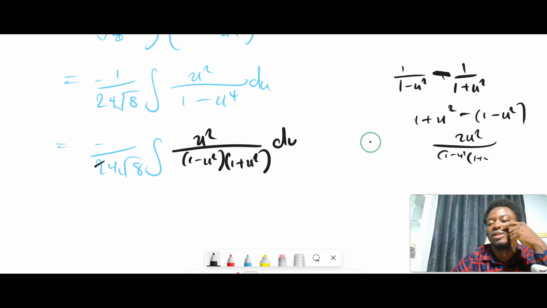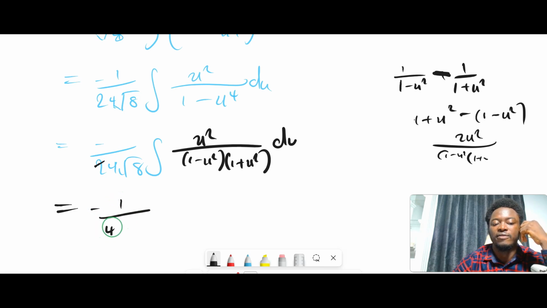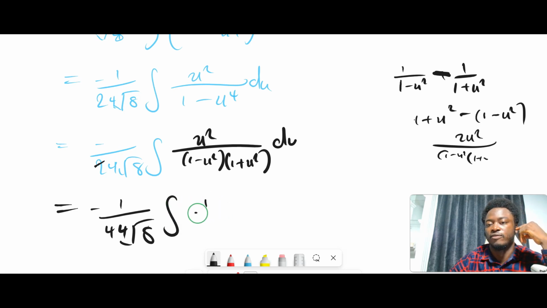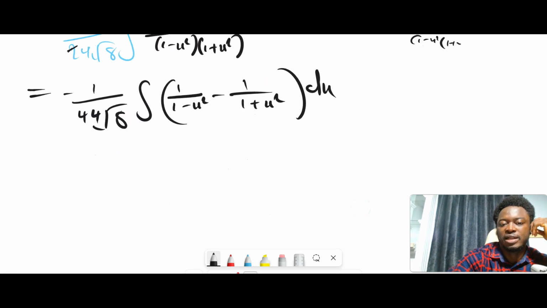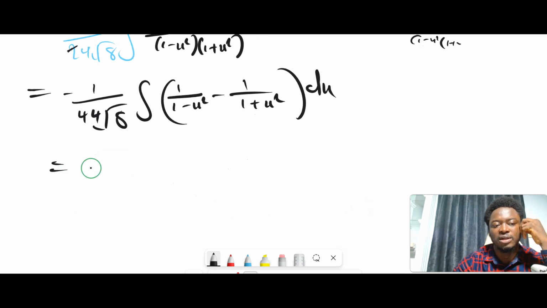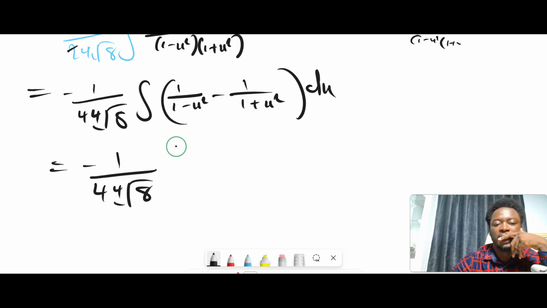No, you have to divide both sides by 2. That means we're going to get 4 here, rather. So you're going to get negative 1 over 4 times the 4th root of 8. Then you have the integral of 1 over 1 minus u squared minus 1 over 1 plus u squared du. So basically now we will end up with negative 1 over 4 times the 4th root of 8 times,